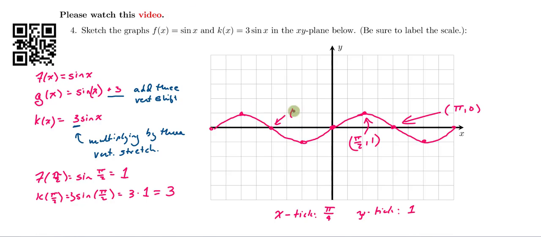And this is just rehashing. We're just resketching the graph of the sine function. We know it well enough. We could probably sketch it in our sleep. But there it is. Okay, so now we want to look at the graph of k of x, which is,